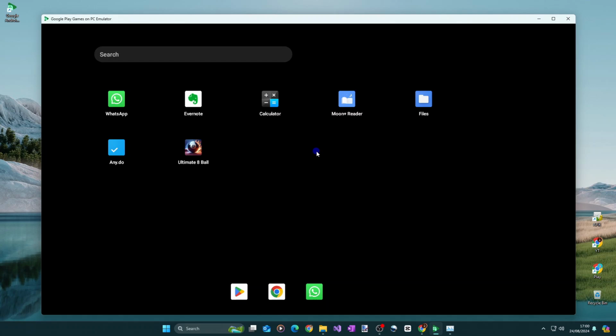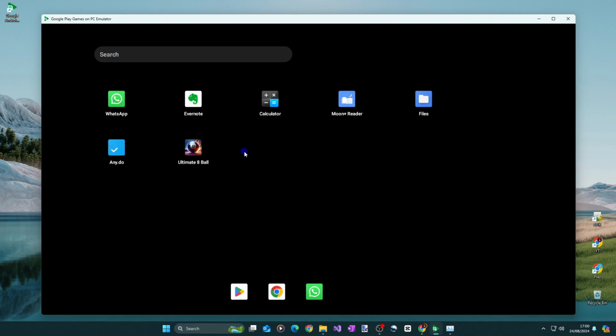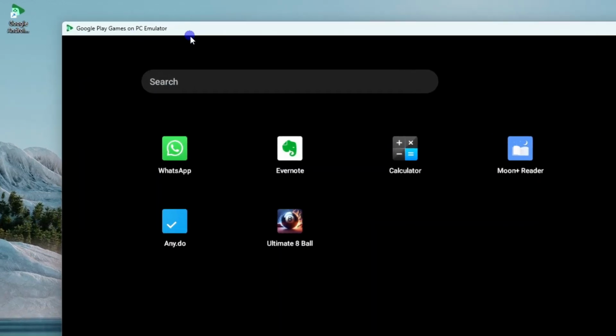Hi everyone. If you are just starting to explore the ways to run your favorite Android apps on your PC, or if you've been using a third-party Android emulator like BlueStacks but are not quite happy with it, perhaps because it consumes too much of your PC's RAM, or it crashes every now and then, there is good news for you. Google has just released its latest Google Play Games on PC developer emulator based on Android 14, which